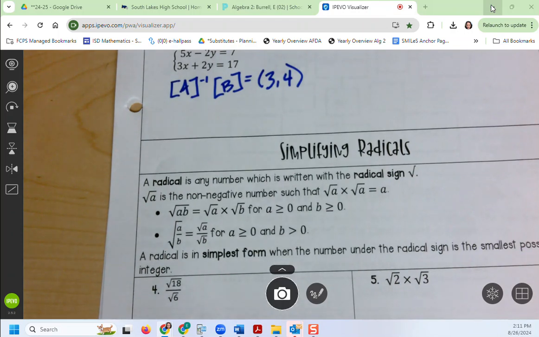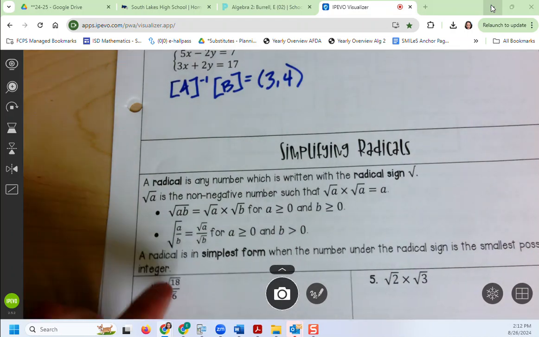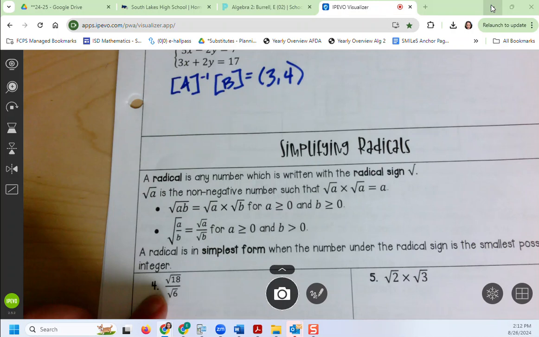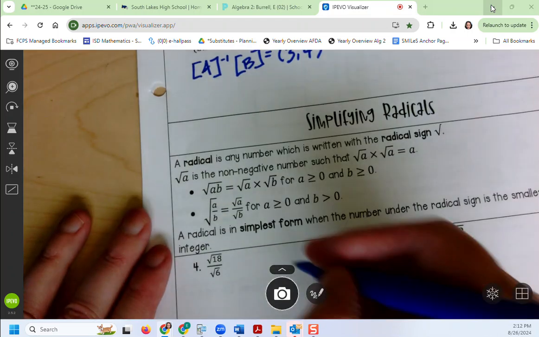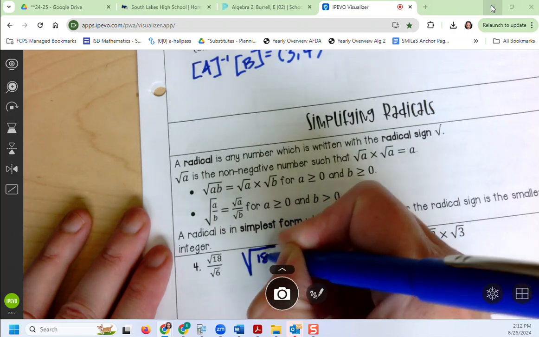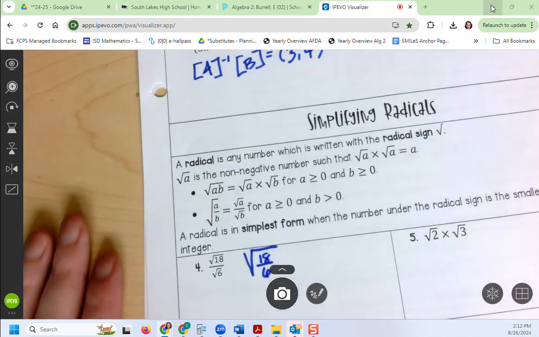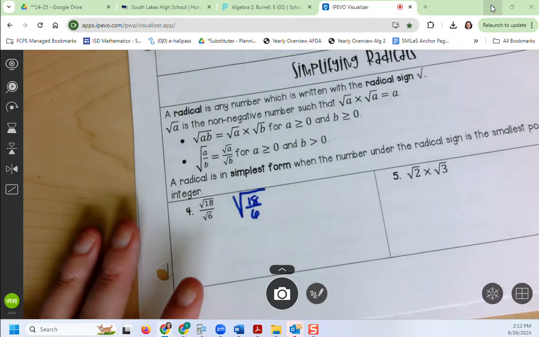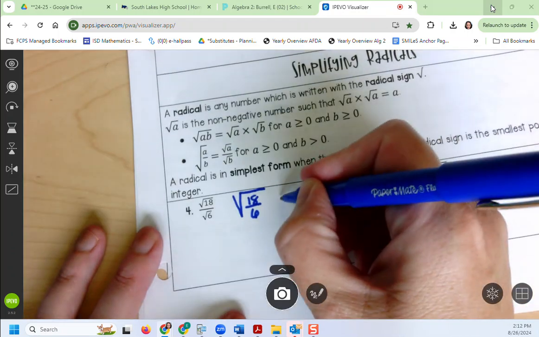When you have two radicals and you're dividing them, you can rewrite that as the square root of their quotient, like that, one big square root. And then you can divide 18 divided by 6, and you just get root 3. Square root of 3, that's it. It's as easy as that. When you multiply two radicals, again, you can rewrite them as the product of those two numbers under